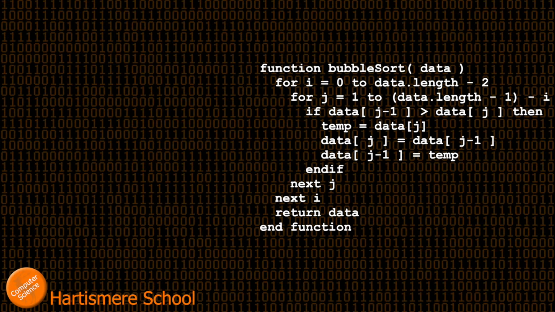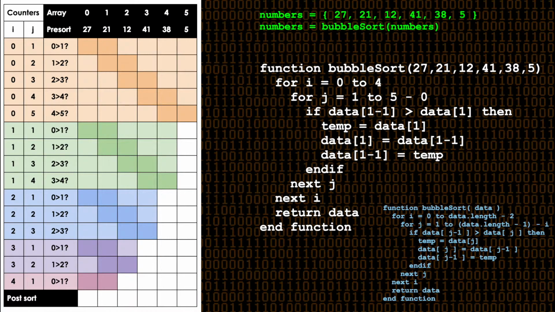Right, so I'm going to talk through the bubble sort algorithm using those numbers 27, 21, 12, 41, 38, 5, talking through one line at a time what happens in the algorithm and the values of the variables as we go through. I've replaced some of the variable names with their actual values in the algorithm to show us what happens to them as we go through the algorithm. In the bottom right hand corner you can see the original algorithm in place for reference. So I'm going to talk through the algorithm one line at a time using the data 27, 21, 12, 41,